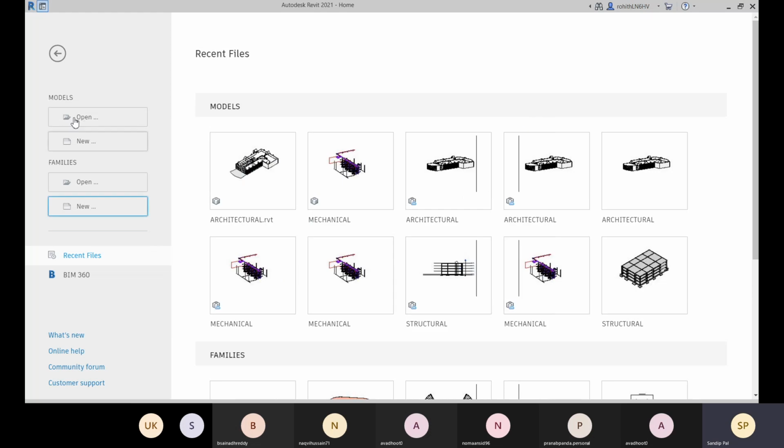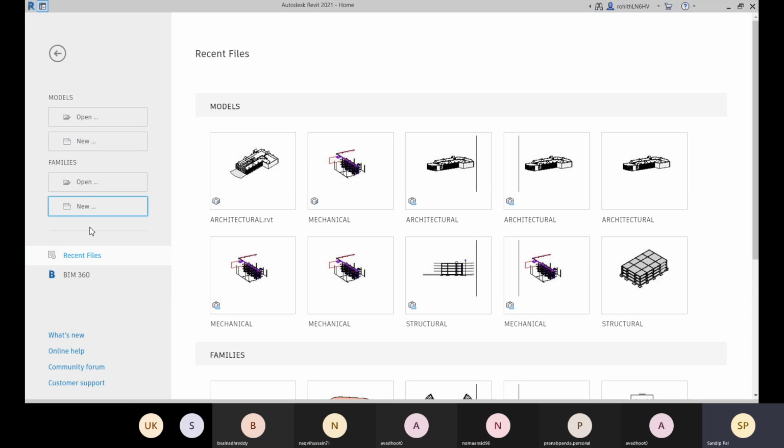Now you can see that we have one project file, one project template file, a family file, and a family template file. So we have these four kinds of files in Revit. You have to remember the file types.